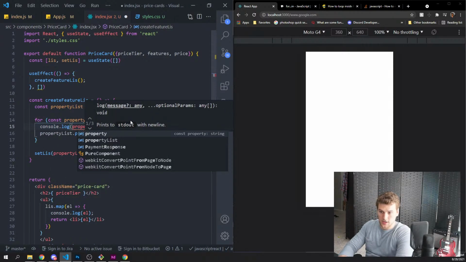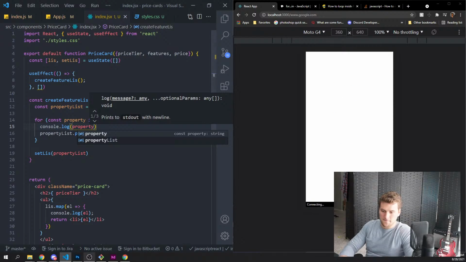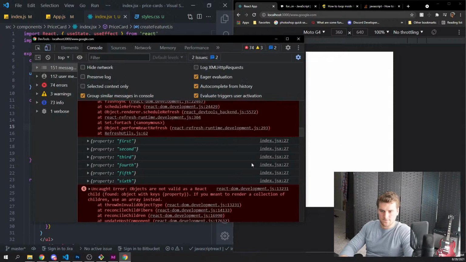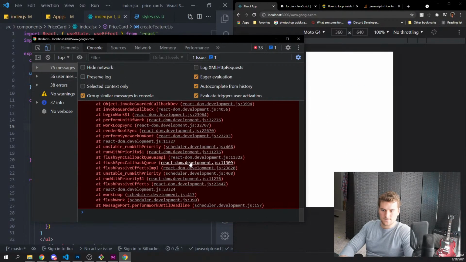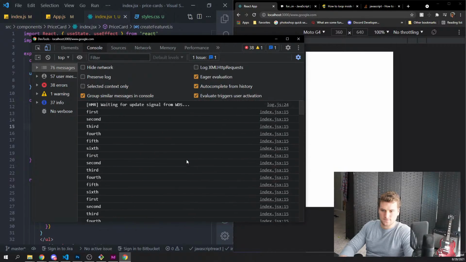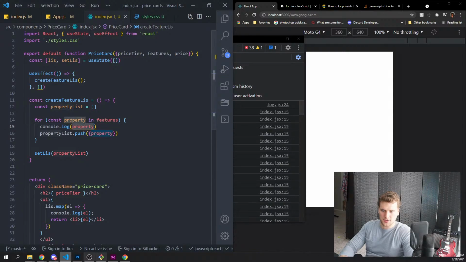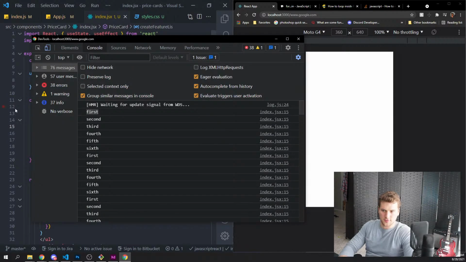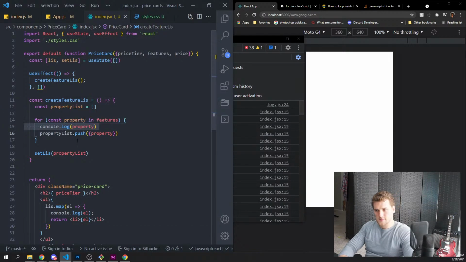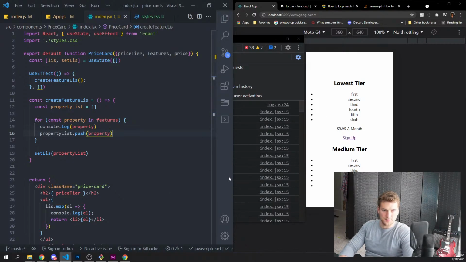Console log property. Is that not it? See, that's line 15, right? Console log property, so that should just be first, second, third, fourth, fifth, right? Oh, because that's, why is that there? There we go, sweet. Now we need to know if they are enabled or not, right?